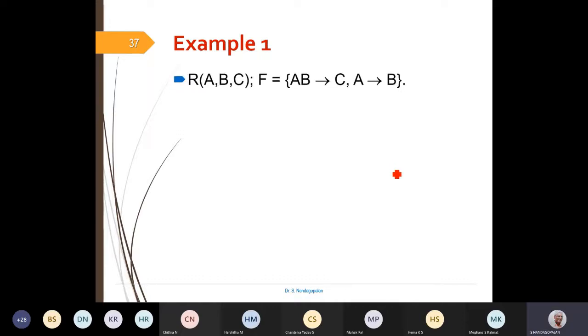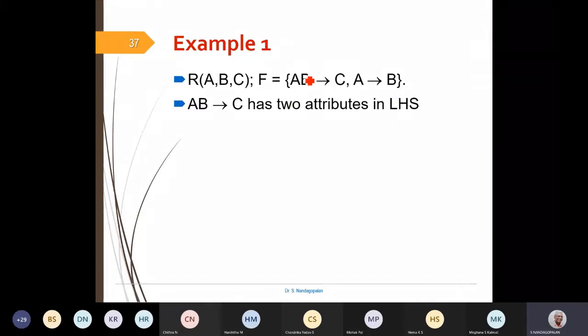So we now have R given with 3 attributes A, B, C, and we are also given an FD set F of 2 FDs, AB arrow C and A arrow B. According to minimal cover, the problem is to find the minimal cover or see whether any attribute is extraneous.